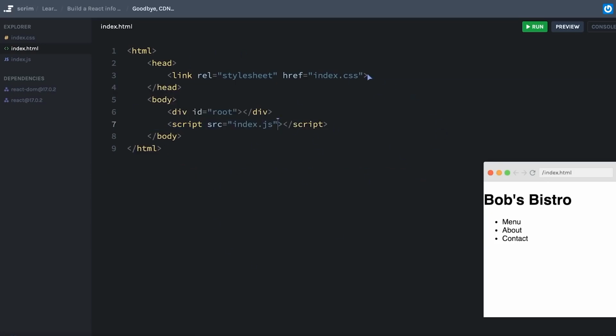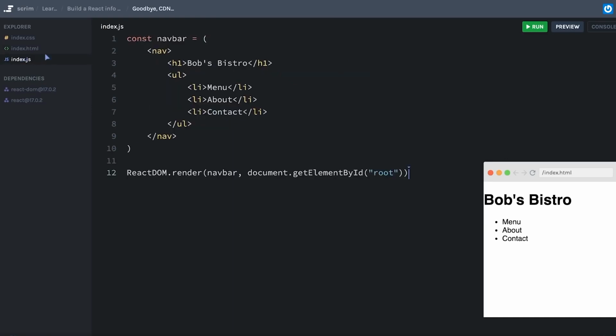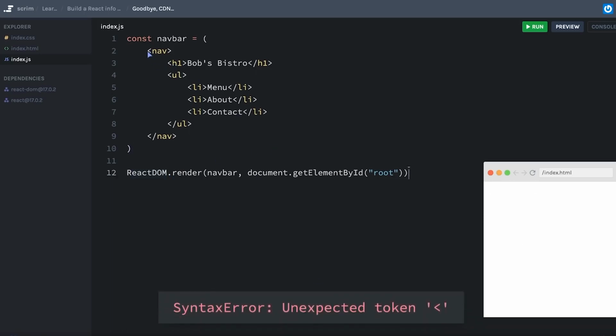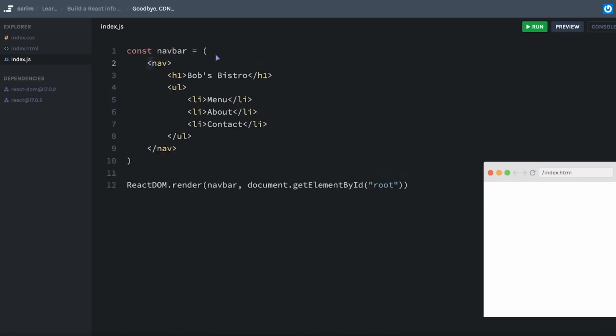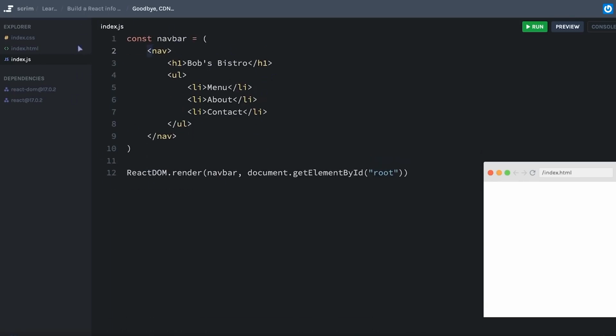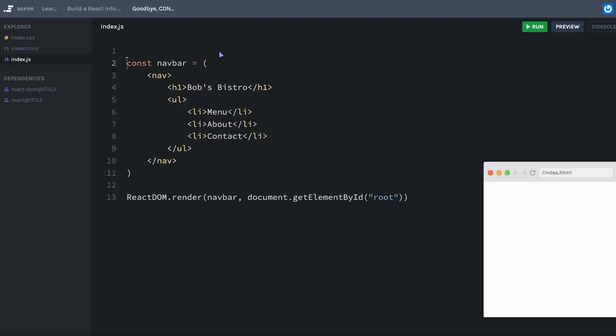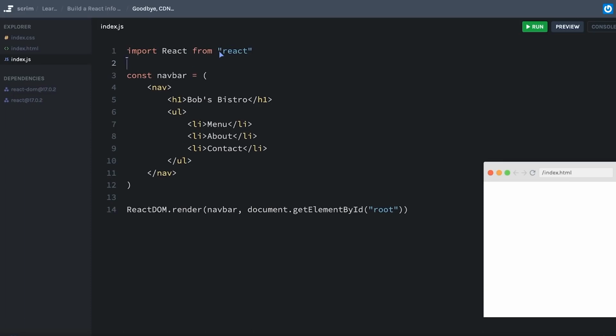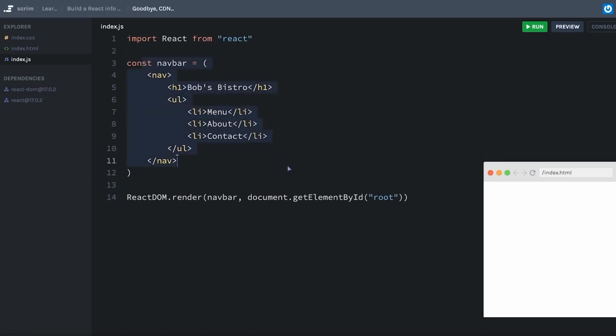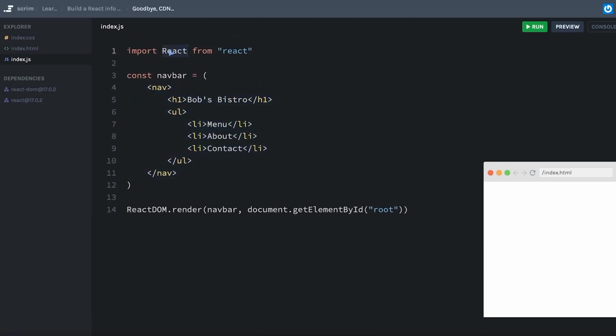And now that I have taken those CDNs out, it means that I no longer have global variables added to my window, like ReactDOM. So if I try to save this, we're going to see I have an unexpected token angle bracket. And that's because, well, it doesn't know what React is at all. What I need to do now is actually import React from React. This might not seem like it's doing anything because I'm actually not referencing React anywhere here. I've got ReactDOM, but that's something different. However, React is where the JSX syntax is defined,